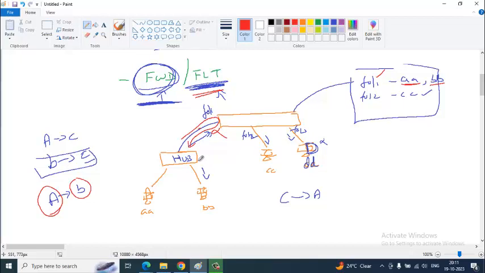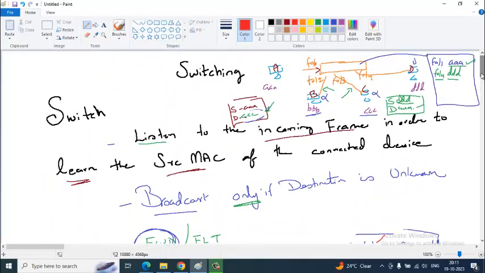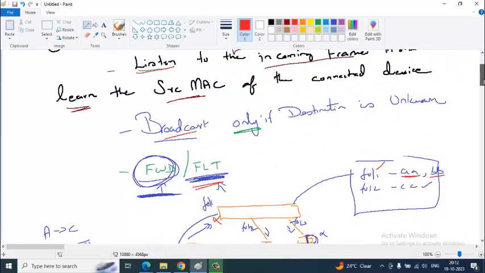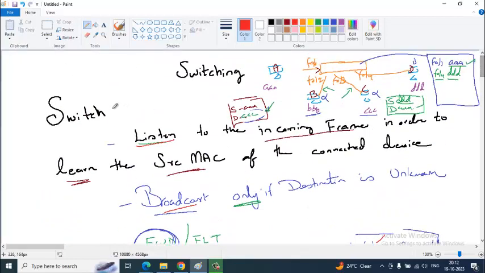It's not going to say that. It will simply filter. So because switches do these jobs, listening and learning, broadcasting only if the destination is unknown, and then forwarding and filtering, switches are considered a smart device.